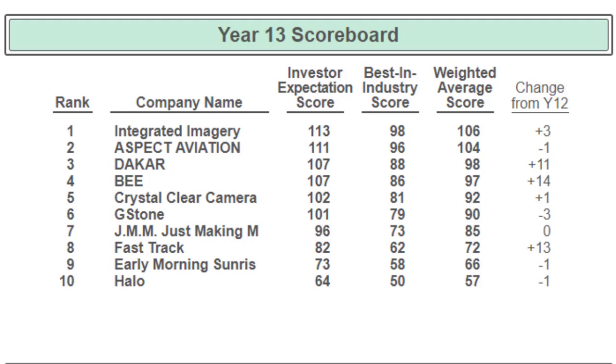Company J, a prime example here, is where they didn't gain anything, but guess what? They didn't lose anything, okay? So in a roundabout way, that could be deemed as success for them. As you can see, Company G lost 3, Company A lost 1. They broke even, okay? Didn't gain much ground, but that's okay. Company F, plus 13.